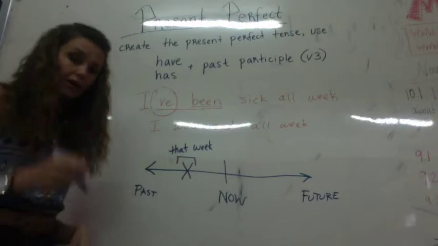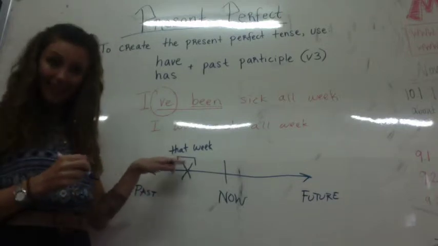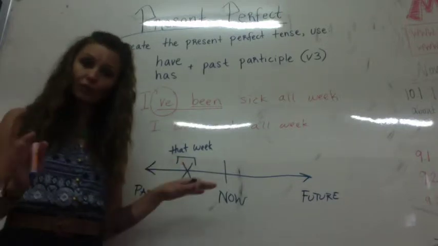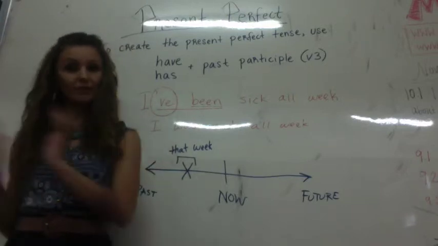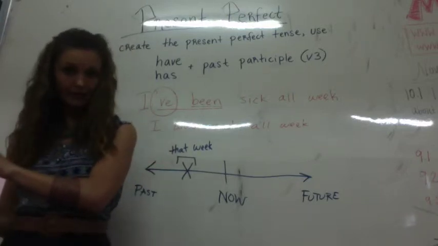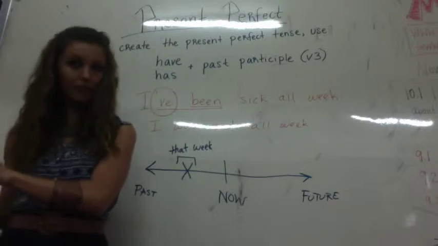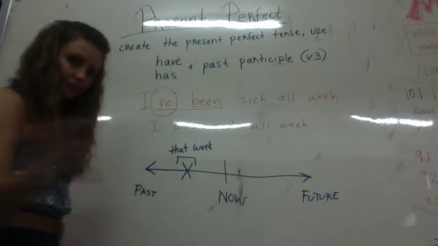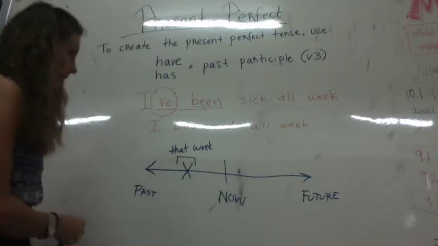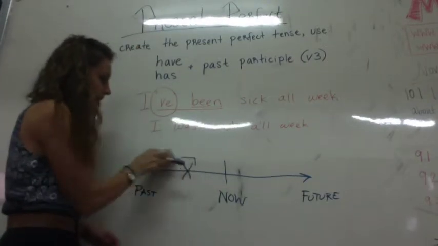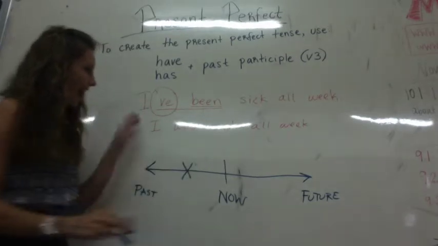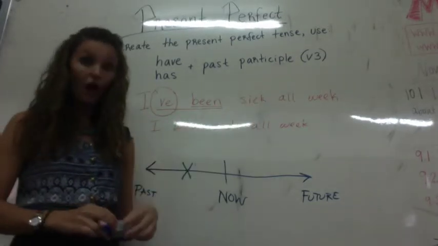You were sick all that week. And now you are no longer sick because that action was completed in the past. That's why you used the past tense. Now, if you are using the present perfect tense and you are saying, I've been sick all week,